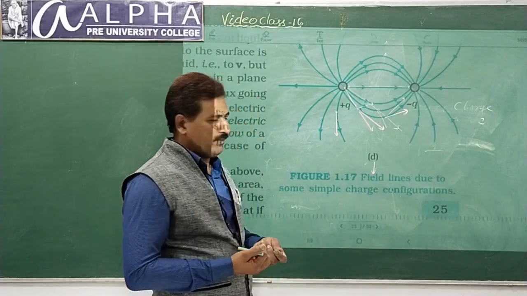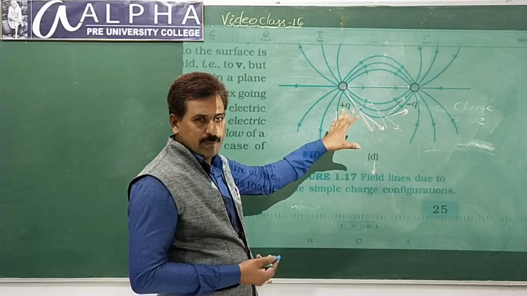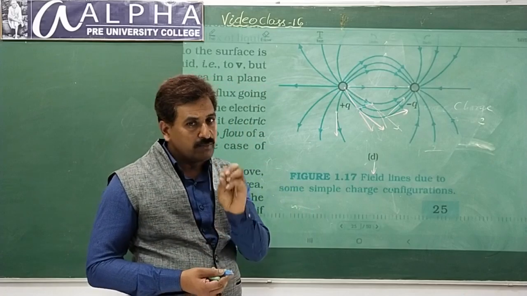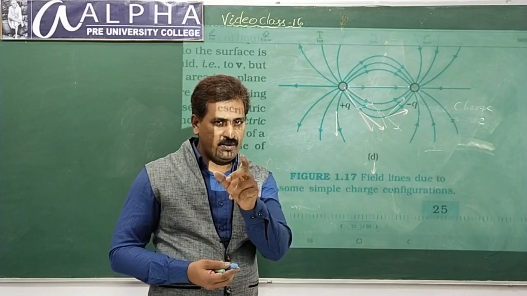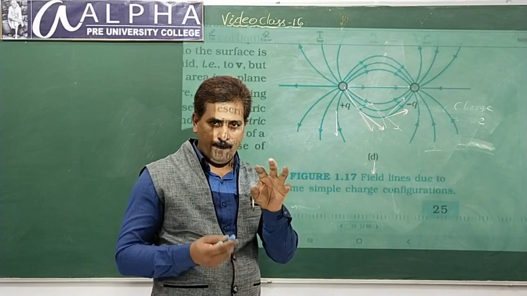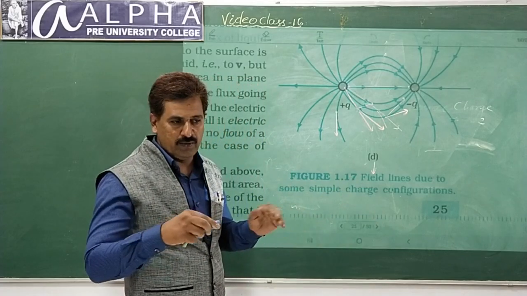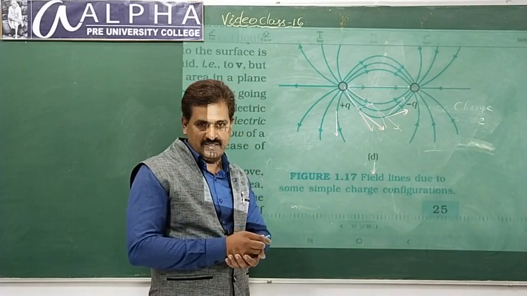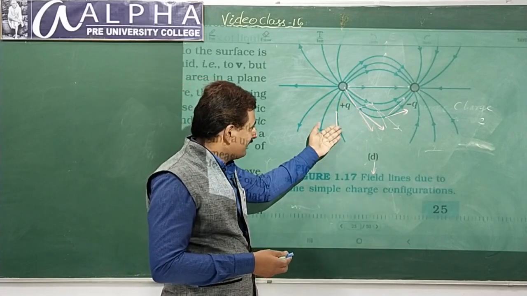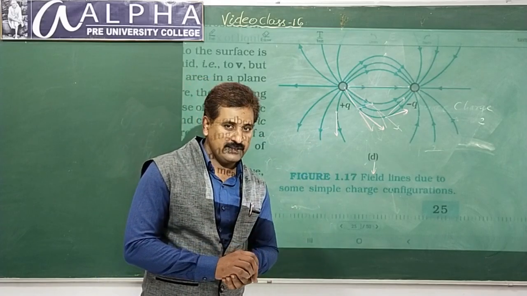And one more point to remember, these are some special four cases, that's it. In CET NEET, I'll take up some more. We are going to identify out of 4 options which is correct in terms of field pattern around a point charge, positive, negative, or a collection of charges. So all that you will see. You just practice or analyze and understand what I explained to you. Watch this video 2-3 times, right?